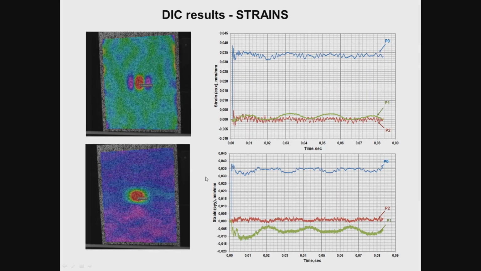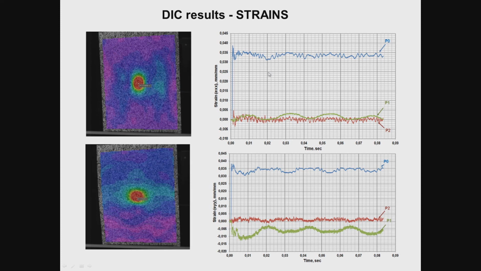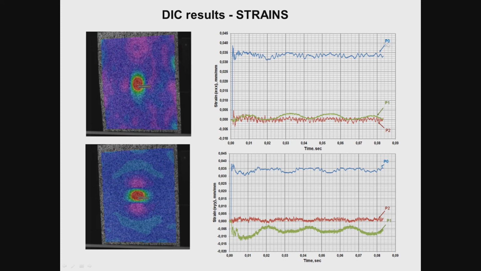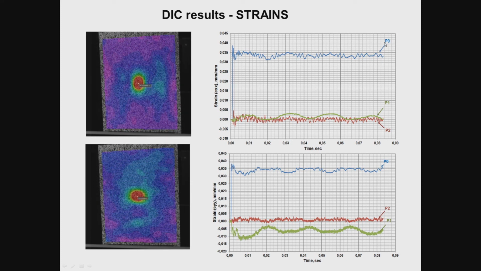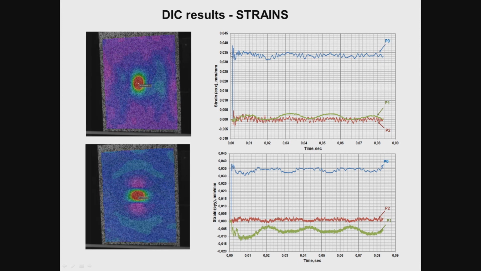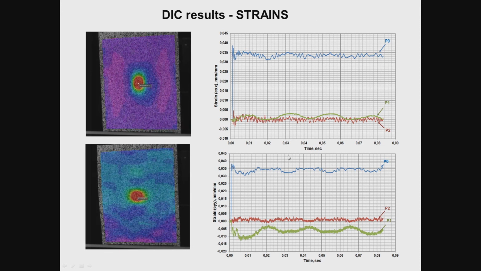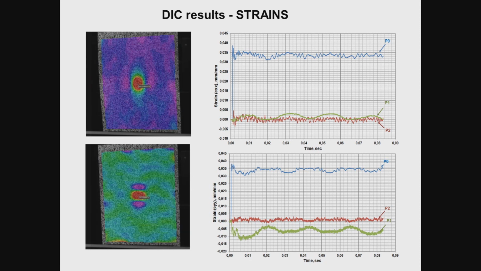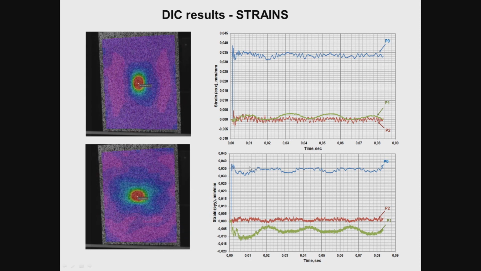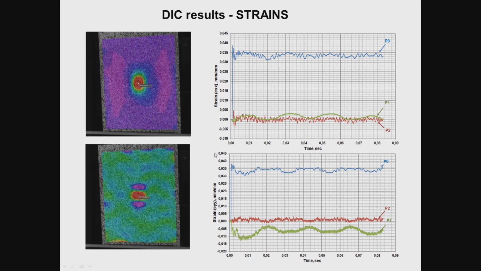So there were also dynamic strain fields obtained for this case in X and Y directions. As you can see, at the point of the collision, the point P0, there is a residual strain of about 3.5% for both directions, and there are also some high frequency oscillations near this value. So the strain to time dependencies obtained for these 3 points can be used to tune the numerical model of